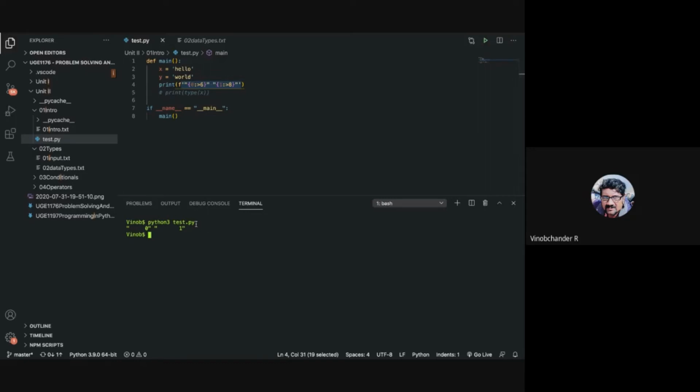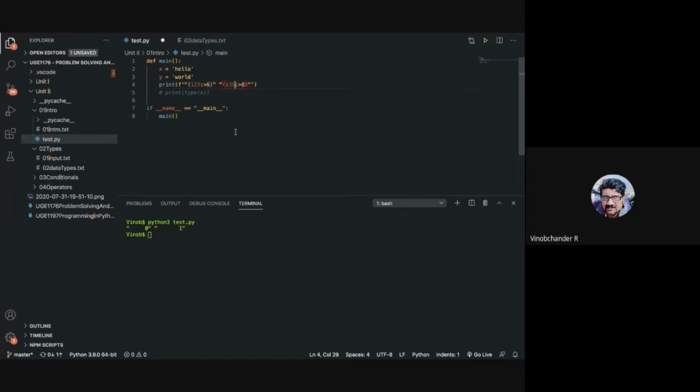But I don't see hello and world. Why? You didn't specify the x inside the curly brackets. You did not specify x and y here. So unlike the dot format method, which explicitly makes use of positional arguments, an f string does not make use of positional arguments. Rather, you can specify any direct values or the variable names.